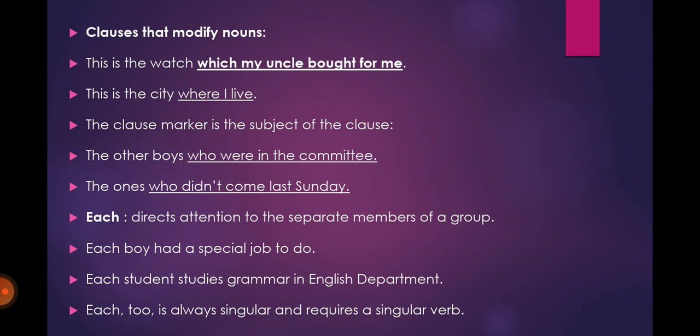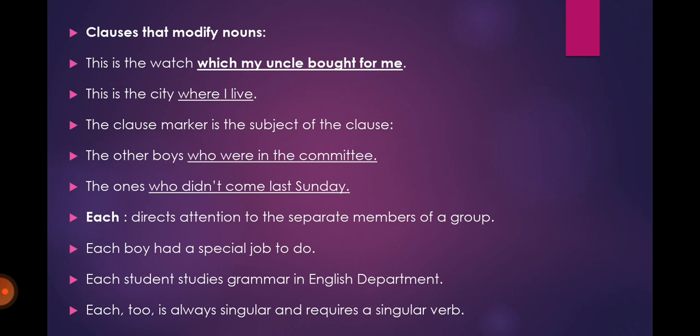Where عندي هنا هي close marker. I هو subject، live هو الفعل. فبهذه الحالة عندي هنا close، لكن هذه الكلوز نوعها هو adjective clause، عبارة وصفية تحتوي على فاعل وعلى فعل وعلى close marker. راح أجي الآن إلى نوع آخر من ال adjective clauses اللي يكون فيها ال close marker هو الفاعل،